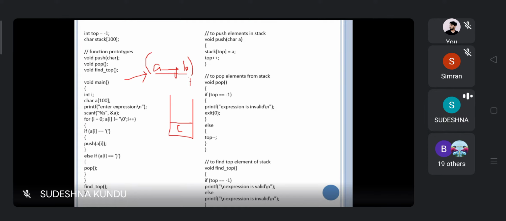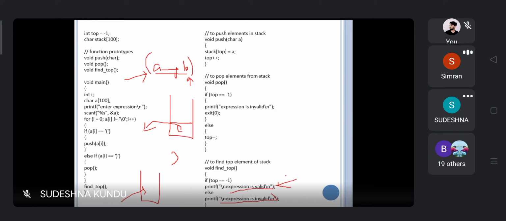Fine. So if we are getting this closing parenthesis, what do you need to do? If we are getting any closing parenthesis, we need to pop out some element from the stack. So what element will be popped out? This element will be popped out from the stack. The opening bracket that you have inserted will be popped out. Now, what should be the value of the stack? There is no such element present. If there is no element present in the stack, then you can say the stack is empty and the expression is valid.